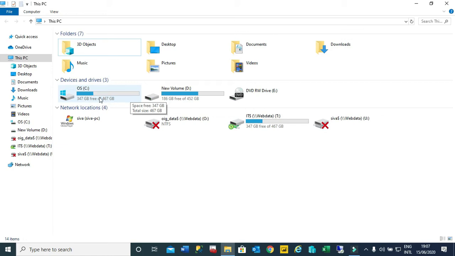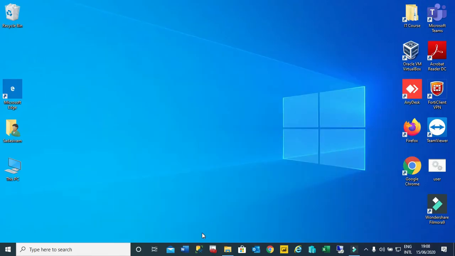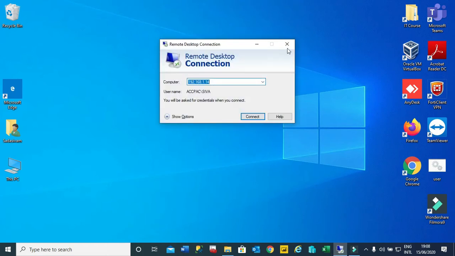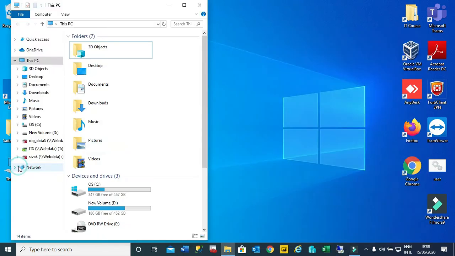The C drive you can even reduce and keep at up to 150 GB. You don't need to keep a 500 GB C drive. Just keep 150 GB on the C drive and make the rest of the partition the D drive. So all the data and applications you can maximum use on the D drive, and the C drive will be only for the operating system and the applications you load. This will make the C drive processing speed very fast because it has much less load on it compared to the data. Whenever you load the data on the C drive and keep everything on the desktop, it is not advisable because it is directly linked to the C drive, which is reducing the performance of your system.